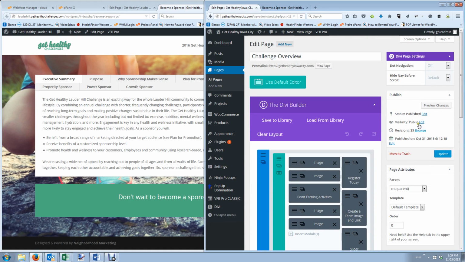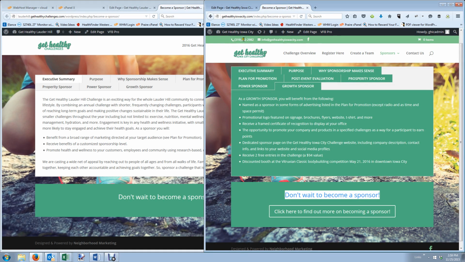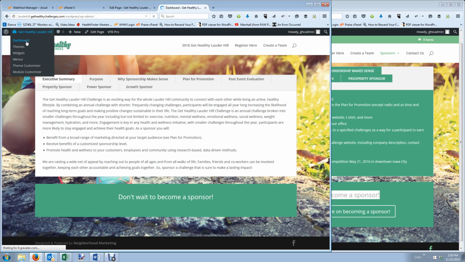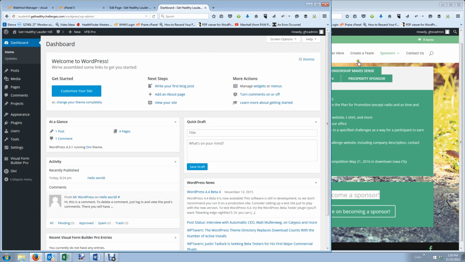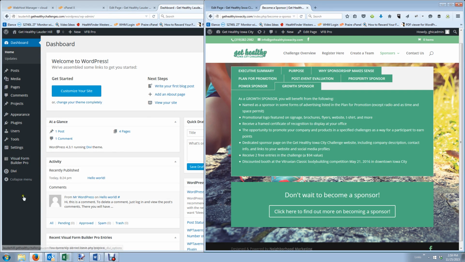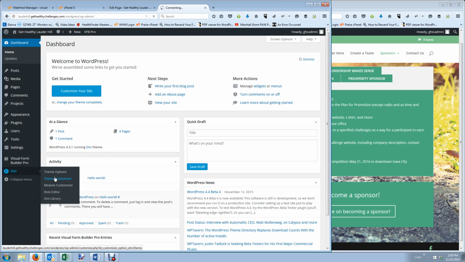Okay, so the next thing we need to do is we need to put this information, get it up here. Now this cart info is not ever going to show up because we're not going to put the e-commerce on this page. So what we do is we have to create a new menu. Now, oh no, actually, pardon me. We need to go into Divi, Theme Customizer,